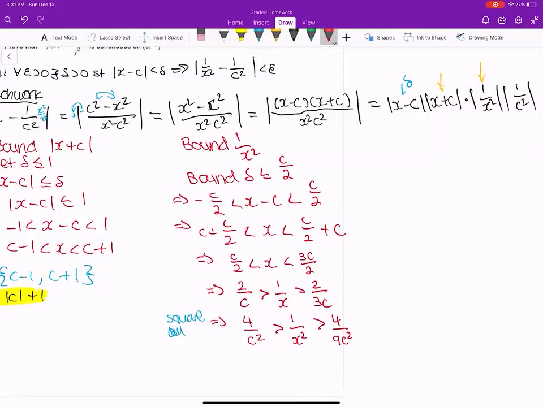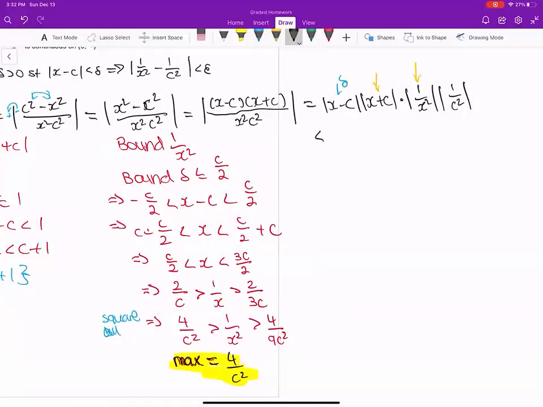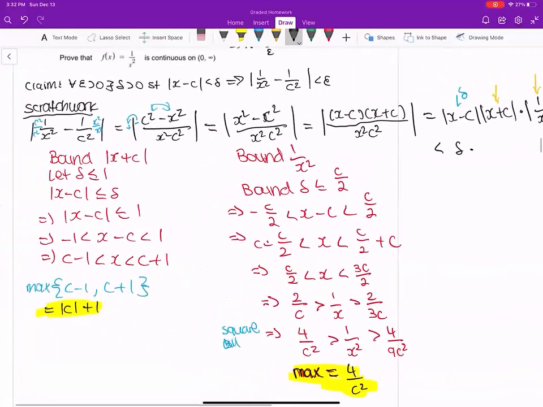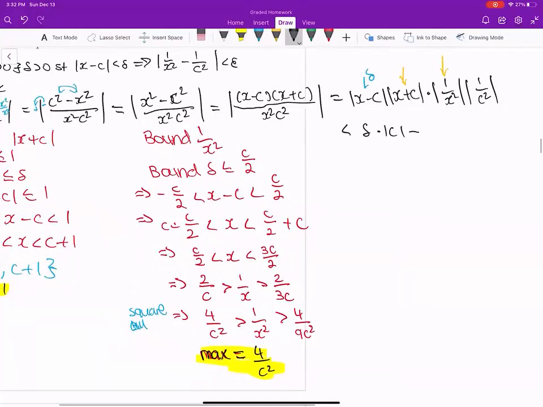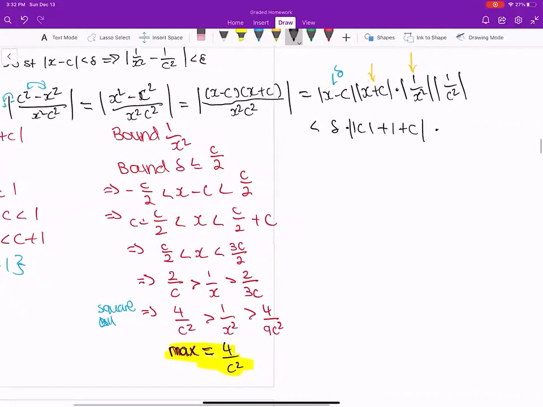Now, clearly you can see here that the max value is 4 over c squared. So that's our second bound, our bound for 1 over x squared. So we know this is less than delta times our bound for x plus c, which was absolute value of c plus 1 plus c, times our bound for 1 over x squared, which is 4 over c squared, times 1 over c squared,